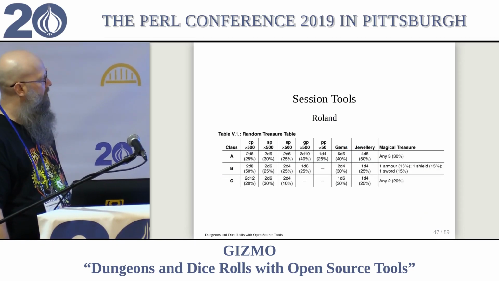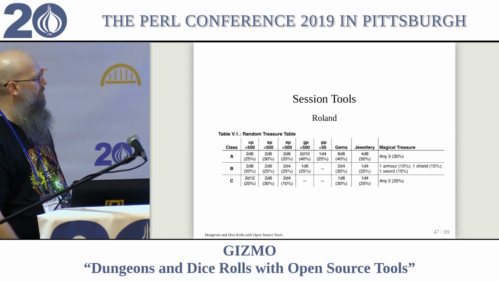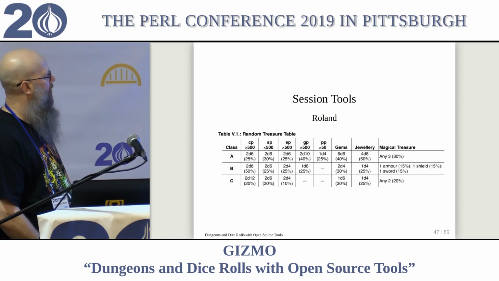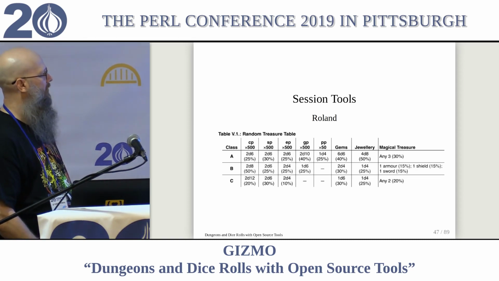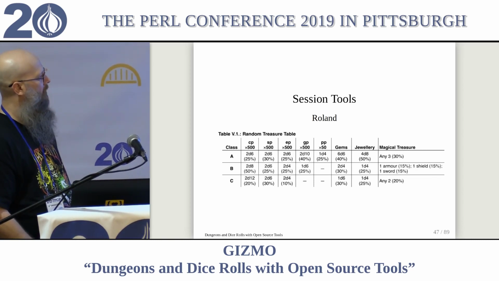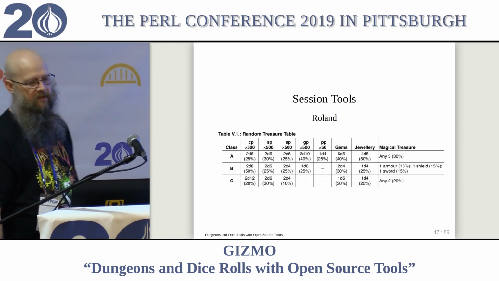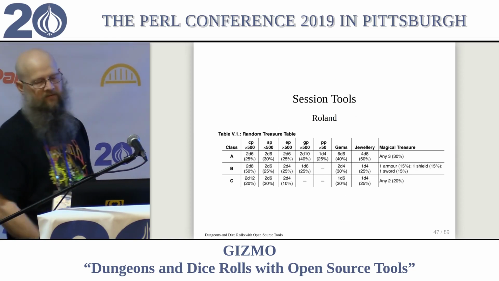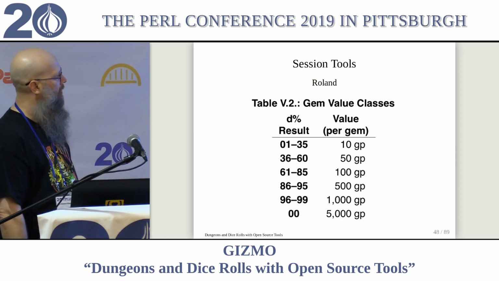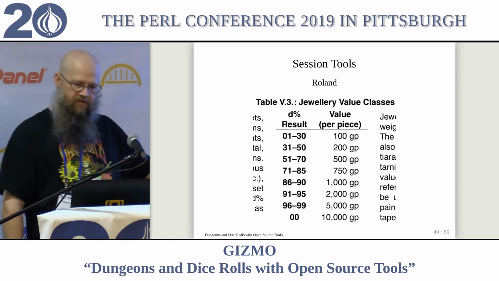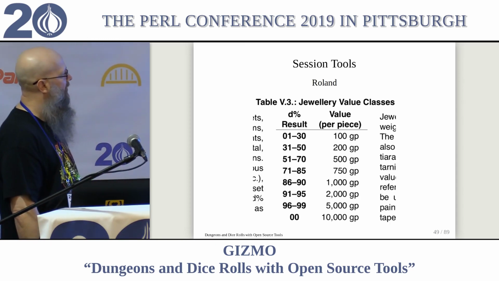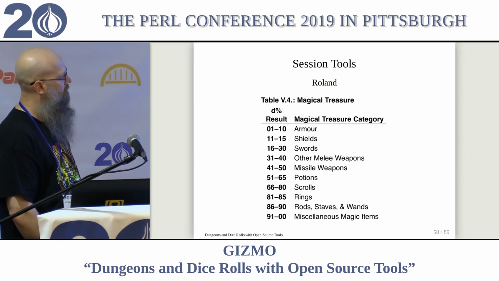So monsters have loot, and they have this treasure type associated with them. They may have more than one. And you roll to see how many different coins they have, gems and jewels. For the most part, let's say we're just going to look at Class A treasure. This is pretty straightforward. There are subtables for gems and jewelry and magic. Here's the jewels subtable. There are different values of gems. This is the jewelry subtable, different values of jewelry. If there are magic items, it's another table.